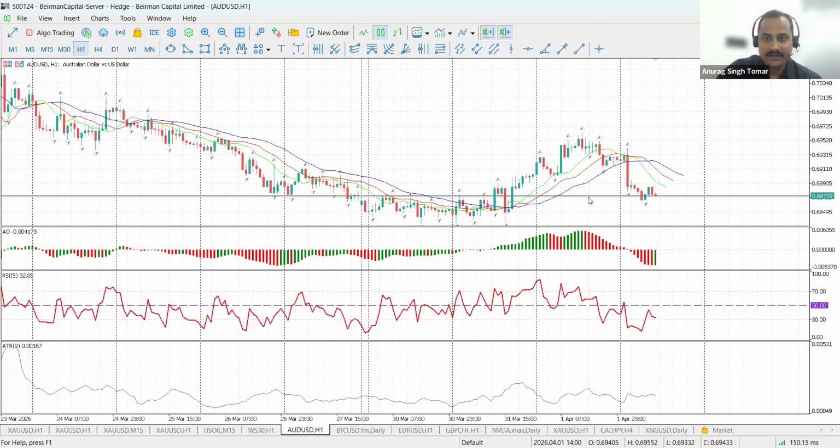Now the AUD/USD. Same. I don't have to analyze the whole chart. If gold is falling, the Australian dollar will too, because it is directly proportionate. There is a positive correlation between the Australian dollar and gold. So if gold is weaker, the Australian dollar is also going to get weaker. And if gold is getting weaker, oil is rising, the dollar is going to get stronger.